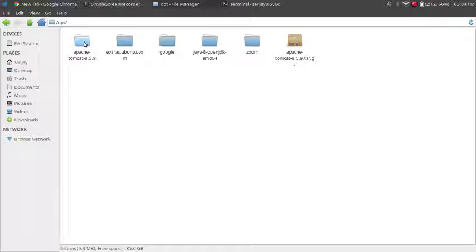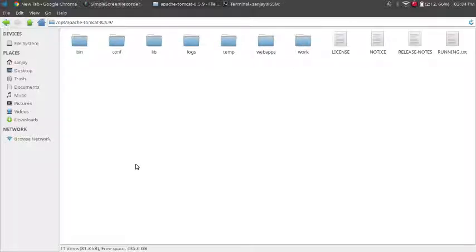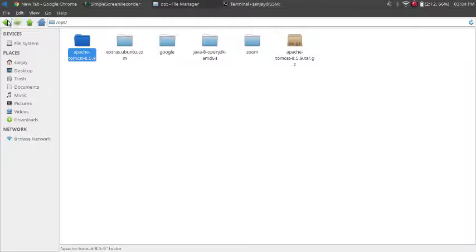extracted file directory. In that, I also copied Java, which is required to run the Java program. The Java folder is in the same directory, because it is required for running the JSP and Servlet program. The Java folder is also required.